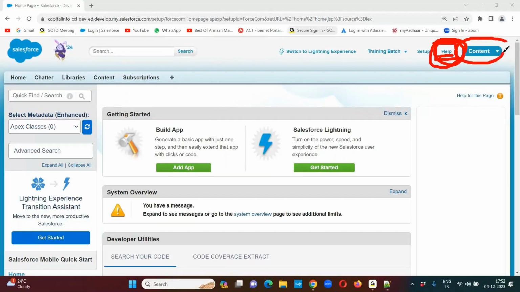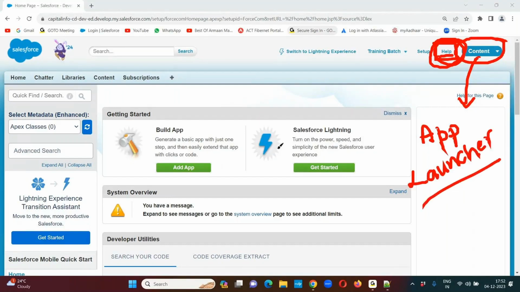The last feature. Now this feature is called the app launcher. Then what exactly is this app launcher and what is the use? Now let me explain. Basically, app launcher is nothing but a feature which will list out all the applications available